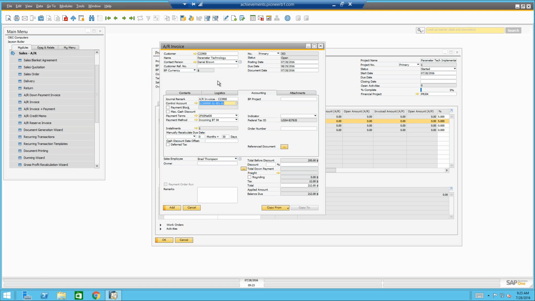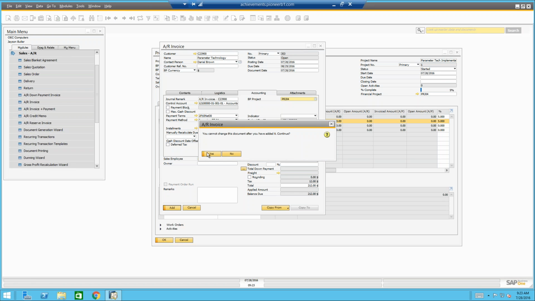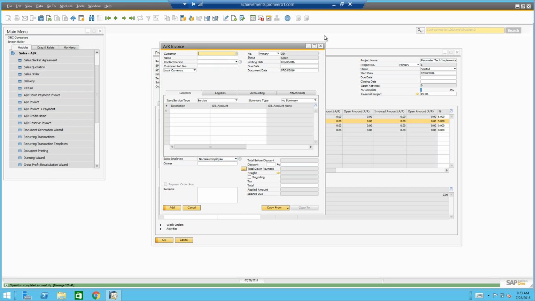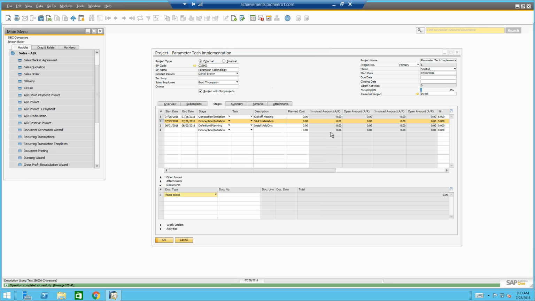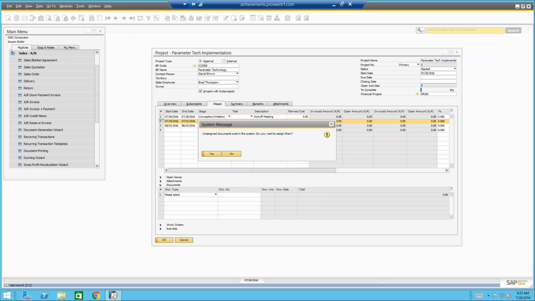So if you go to the accounting tab, that's where you'll see the BP project. And if you put the financial project here that's tied to this project, we add this. So that ties it to this project, and then I'll just refresh this page. If we close and reopen this, or go to a different project and come back to this project,